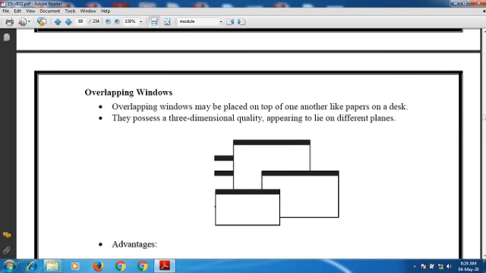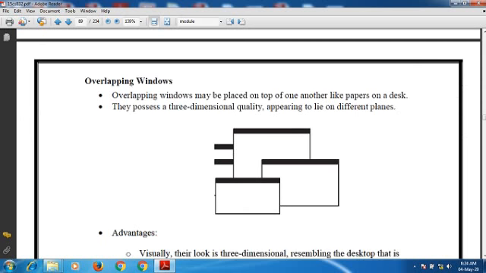If you look at this figure, you can easily see how you are arranging or organizing these windows. According to user needs, you place one window over another one, and because of that, information is hidden beneath another window.